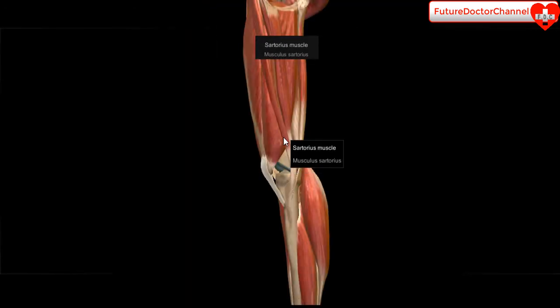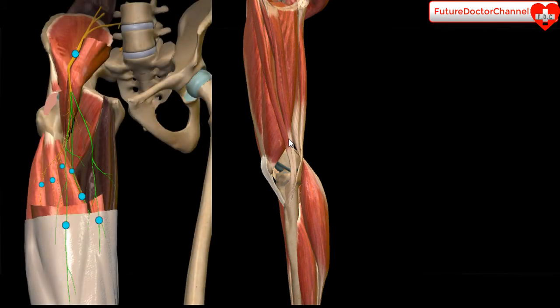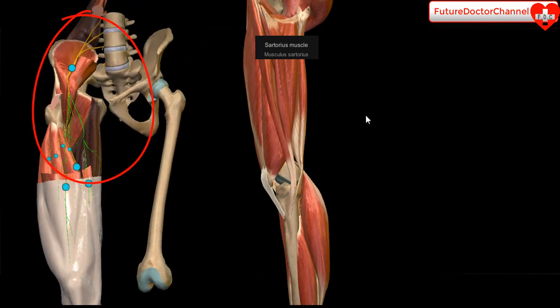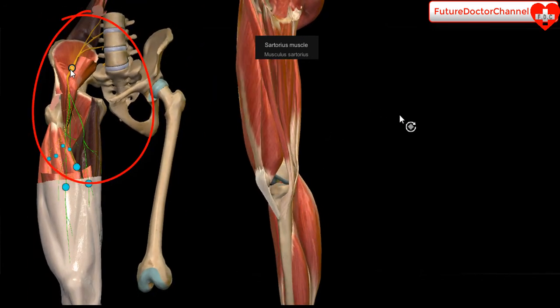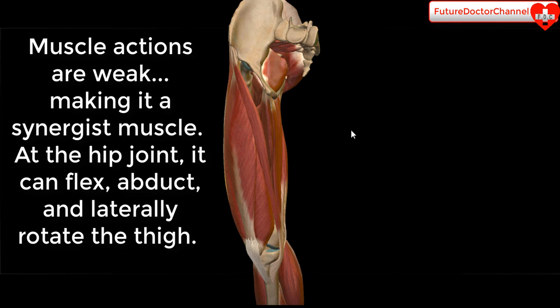The sartorius muscle is innervated by the femoral nerve, right here, L2, L3. And the action of the sartorius muscle, it flexes and abducts and laterally rotates the thigh at the